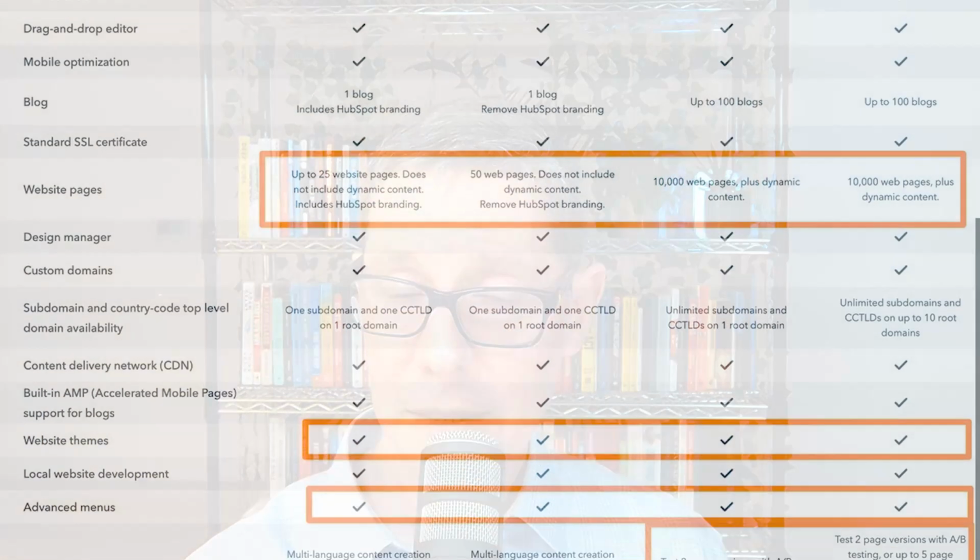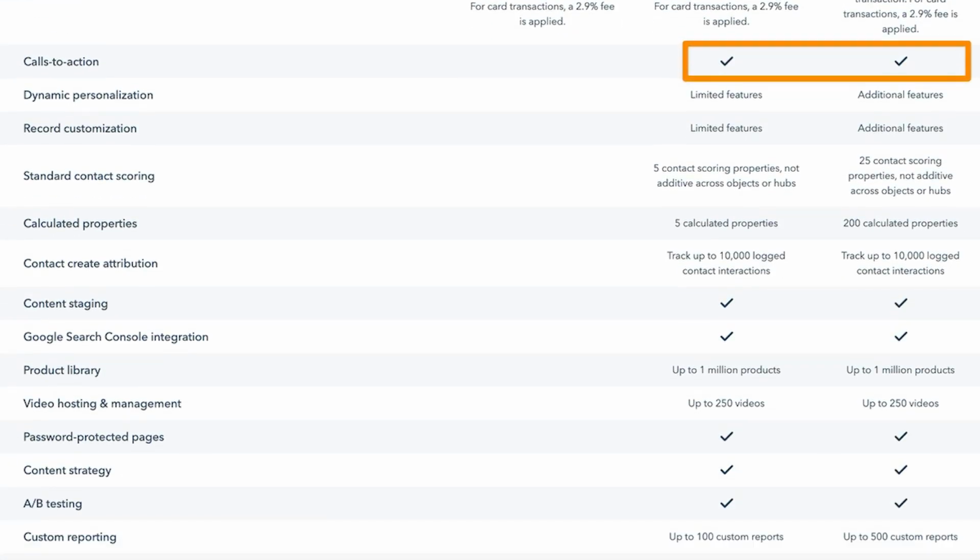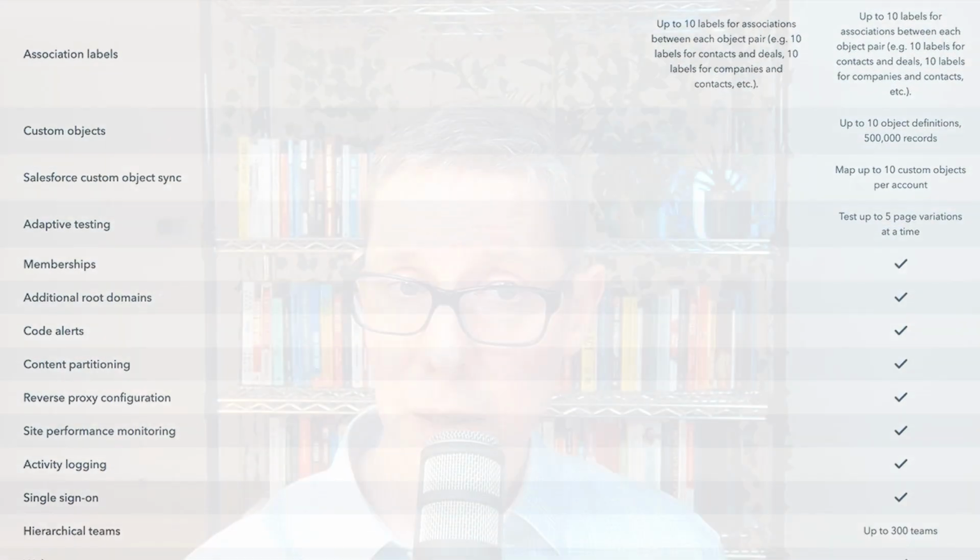But in the show notes, I've actually taken the full comparison page for CMS Hub. When you get the show notes, you probably have to expand the image, but what I've done there is taken that huge long list of all the features and I've just highlighted a few which I think are considerations between the versions. So there's not a lot between free and starter that's going to cause friction, except for maybe the branding and the page limits. But then when you want to go into things like A/B testing and smart content, that's when you're going to go actually up to professional and enterprise and above.